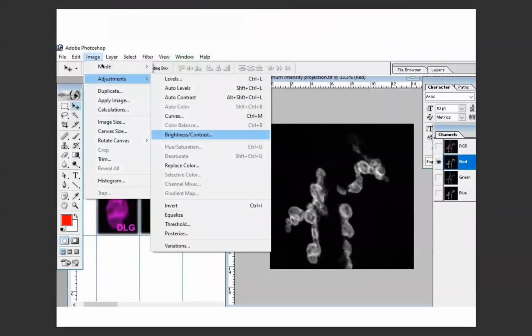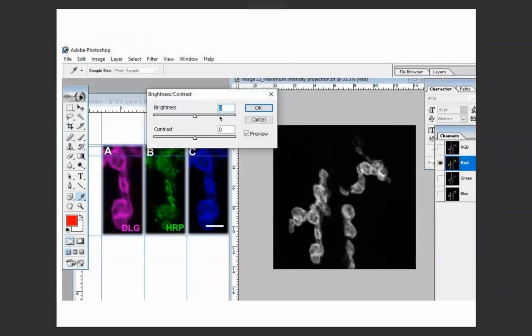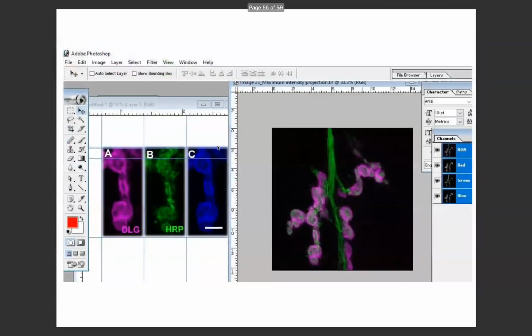Now go to the image, then go to the adjustment, and go to the brightness and contrast. Click on that. So if you click on that, you will get a tab like this. You can also decrease the brightness so that the background will go, or you can increase the contrast so that it will become crispy. So I just have done that.